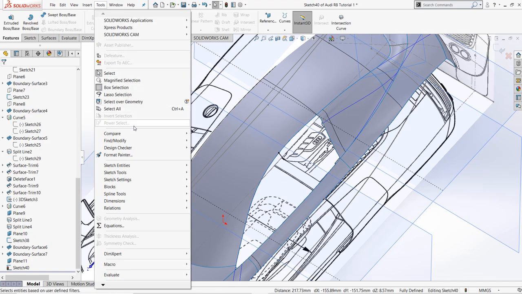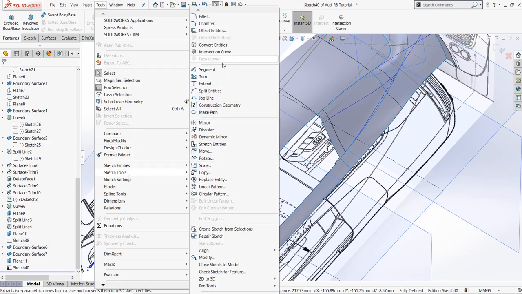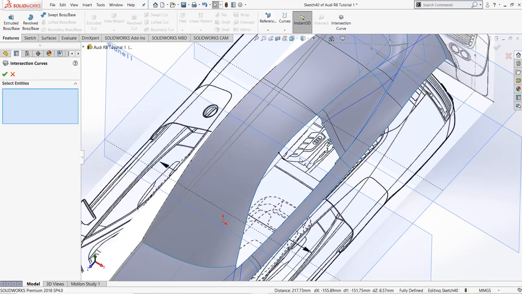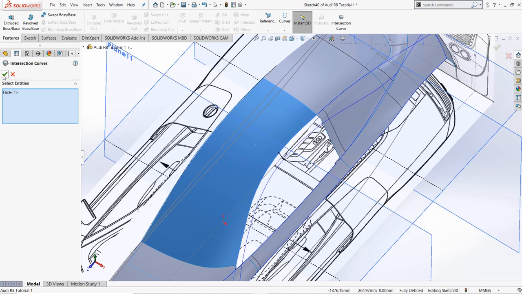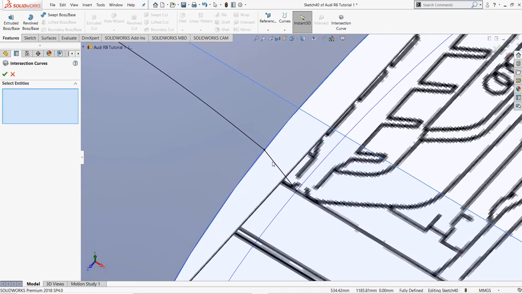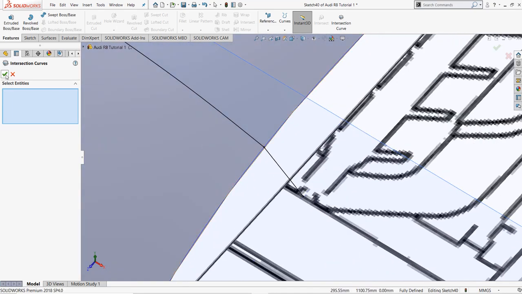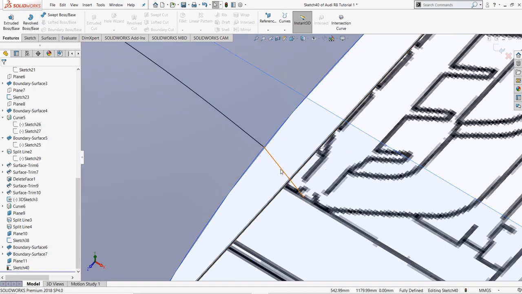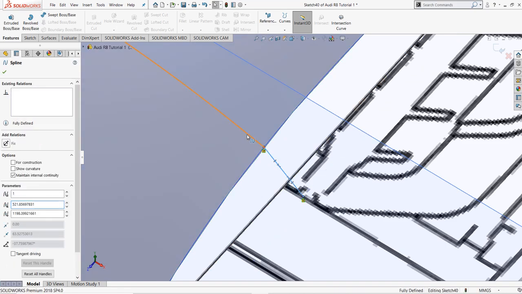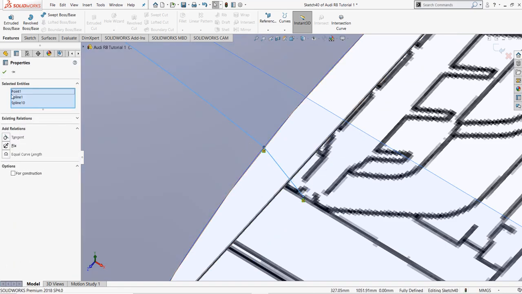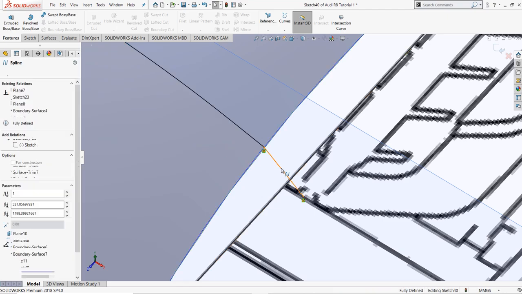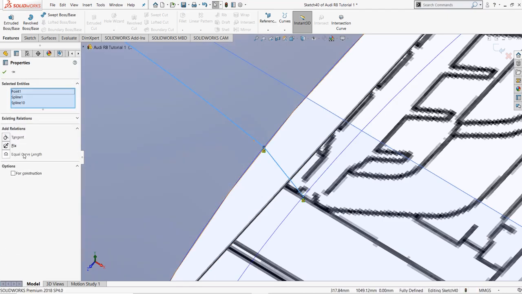Now go to tools, select the sketch tools and give the intersection curve and select this face and click OK. Now select these two lines, select this line and this line, give equal curvature tangency.